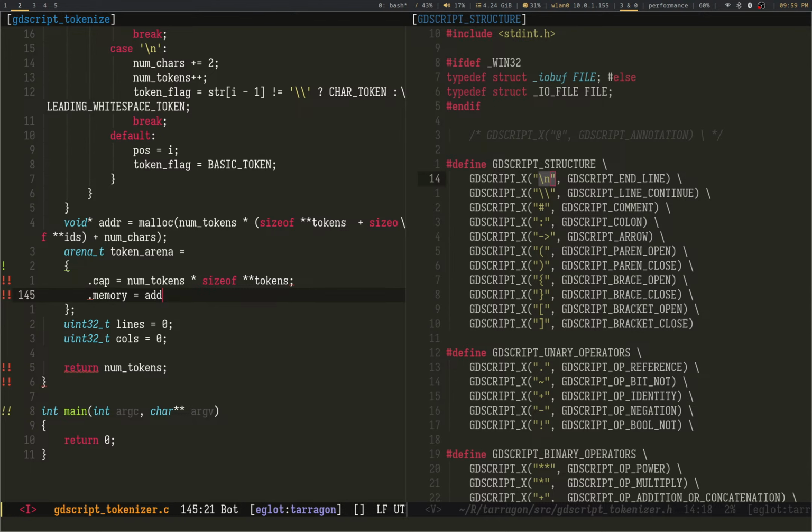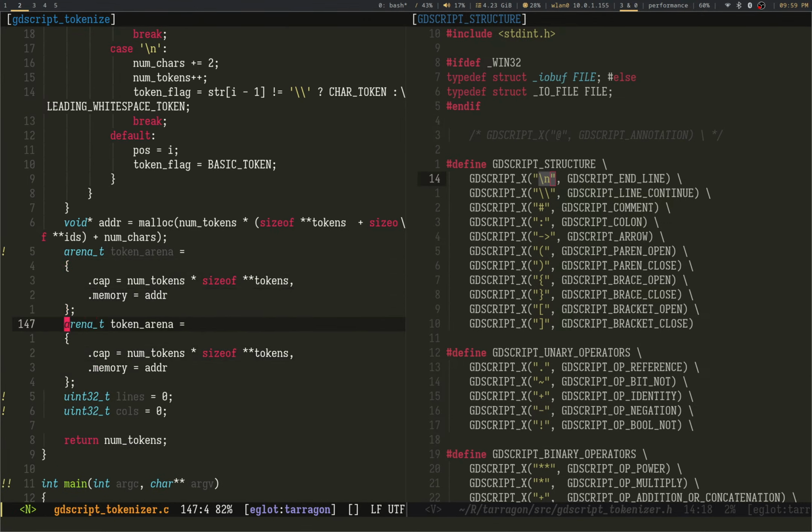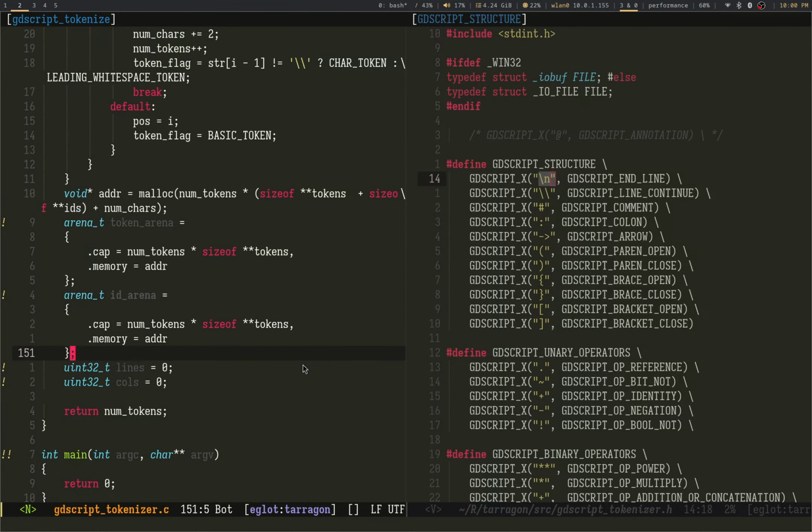Memory is equal to adder. And I want to end with the character arena because, well, it's unfortunate I do, because that means the tokens are going to be hopping from there to character, which is kind of, yeah, not ideal, but that's life.